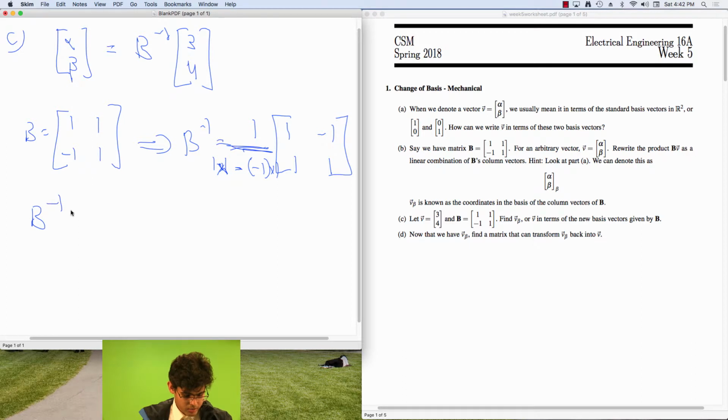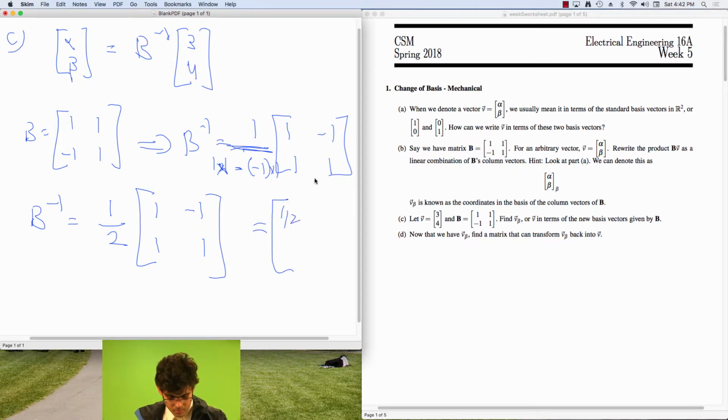So we know that B inverse has to be equal to 1 over 2 times 1, negative 1, 1, 1, which is equal to half, negative half,